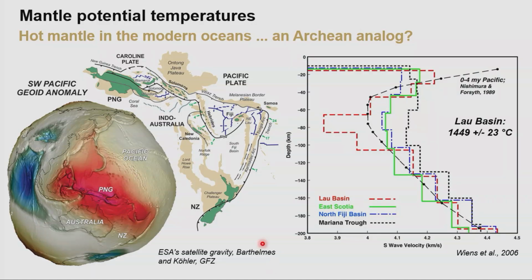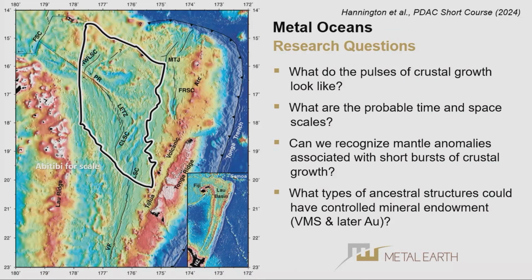And that's the scale that we've been working on. Initially, we started mapping at 1 to 1 million scale, and we now have a series of maps that run all the way up to Papua New Guinea. And most of the students that have been working with us have been looking at specific geodynamic elements. We've seen the outline of the Abitibi many times, and here's the Abitibi Greenstone Belt rotated on its side. Fits exactly in the back arc basin of the Lau Basin,